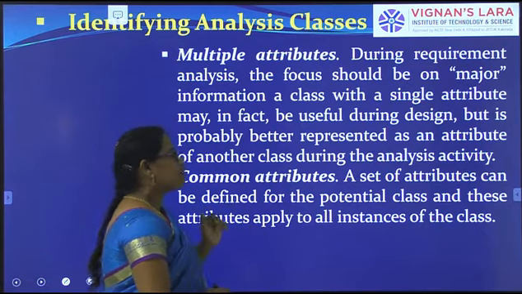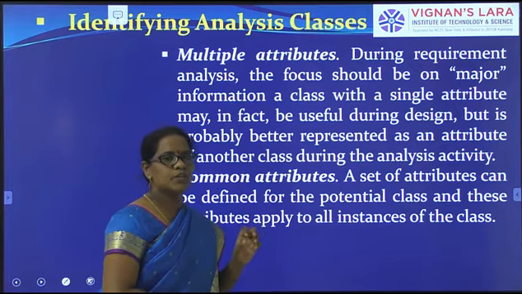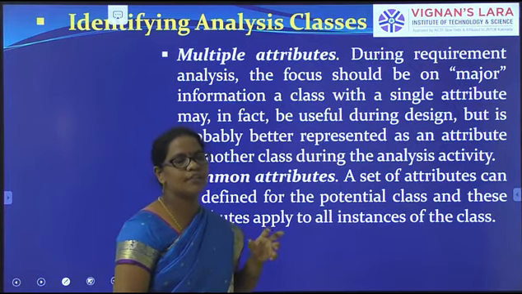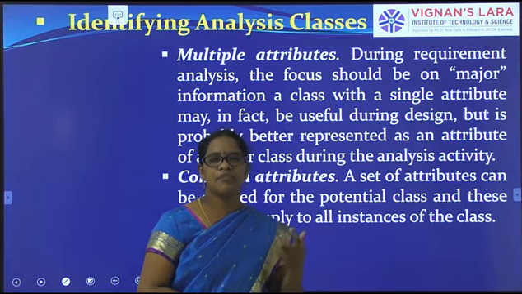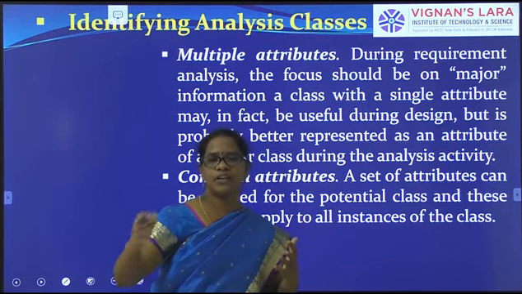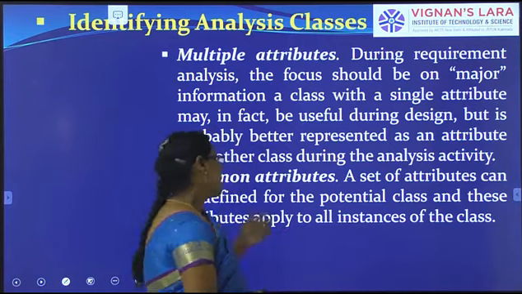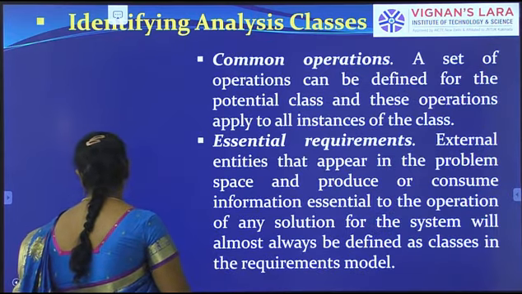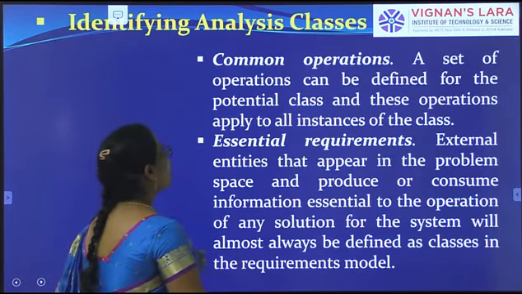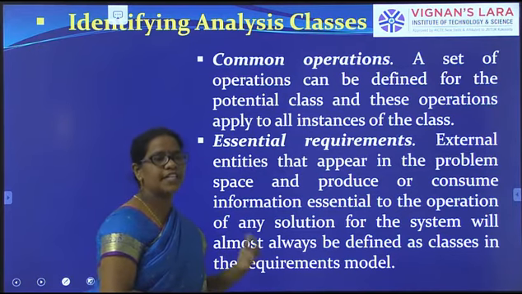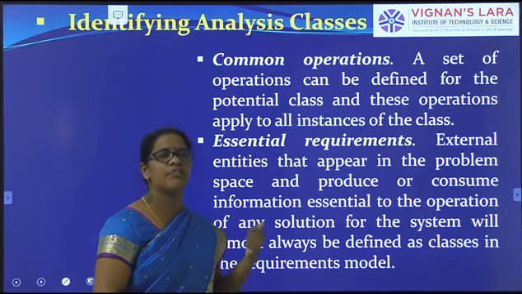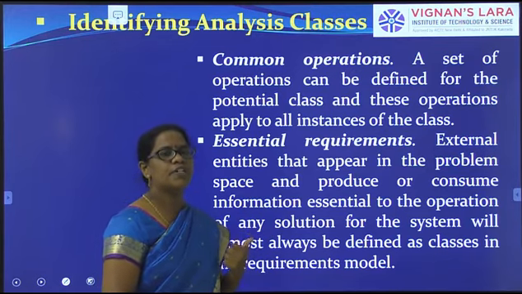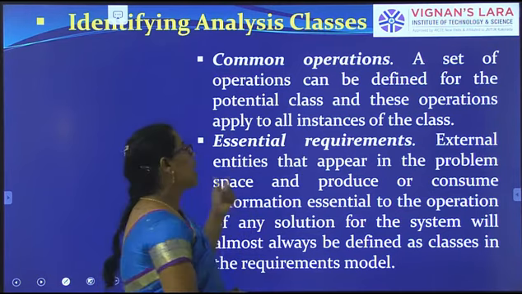And common attributes. What are the common attributes? That means common variables. In the class diagram, whatever program you are writing, which variable has to be used? Which variable do we repeatedly use? Commonly we can use some variables which carry values from one class to another class. So that we have to consider. And next is common operations. Some common operations, whether addition or subtraction, whatever it is. Operations are nothing but functions or methods. Which functions will be used commonly? We have to consider that.